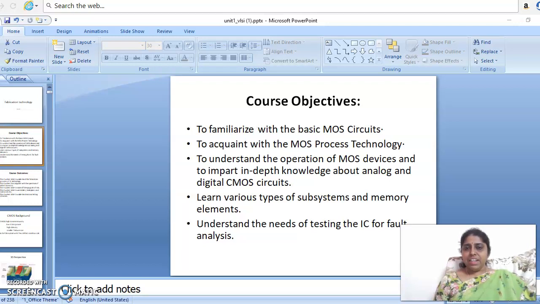Next, to understand the operation of MOS devices and to impart in-depth knowledge about analog and digital CMOS circuits like CMOS circuit, BiCMOS circuit, the basic operation and representing using the stick diagram, layout and the design flow, straight from specification to the GDS2 file,